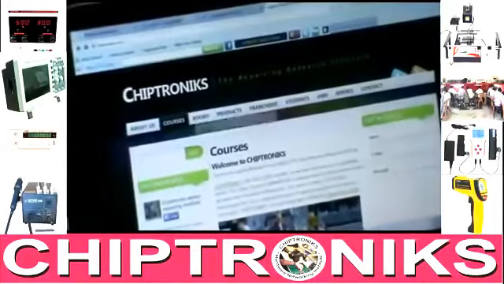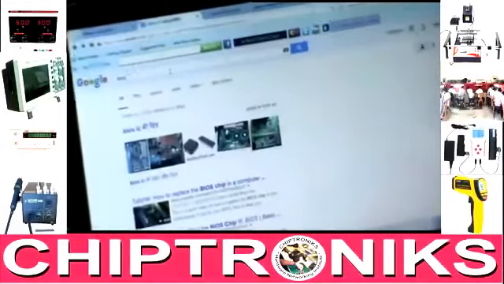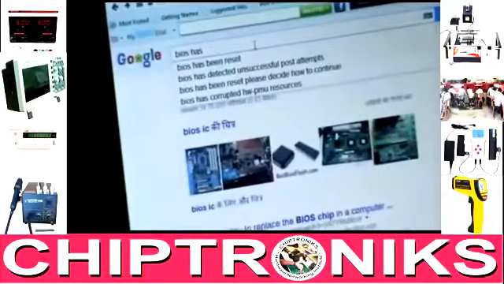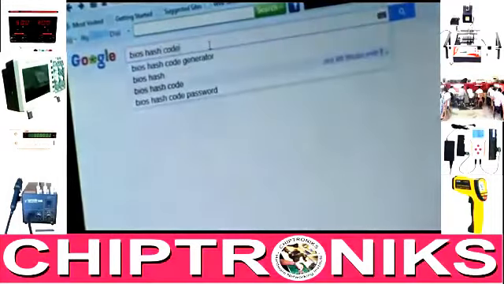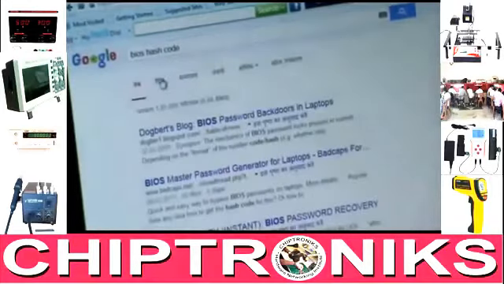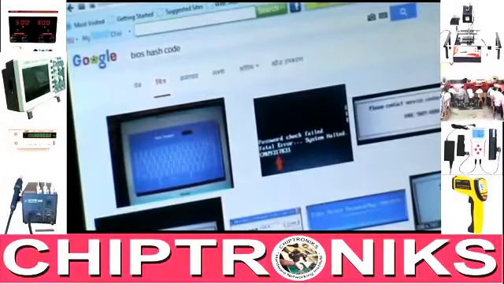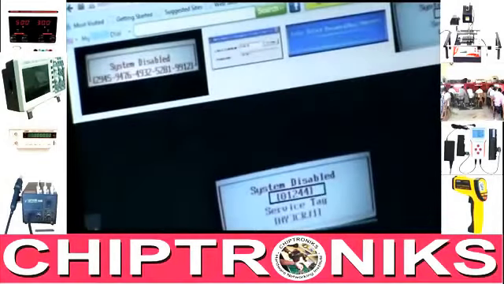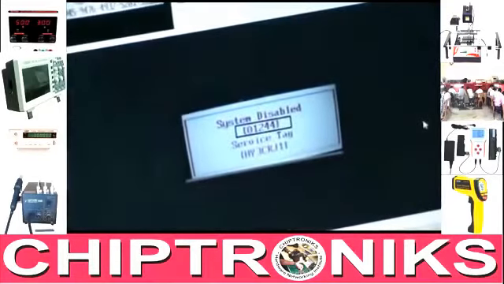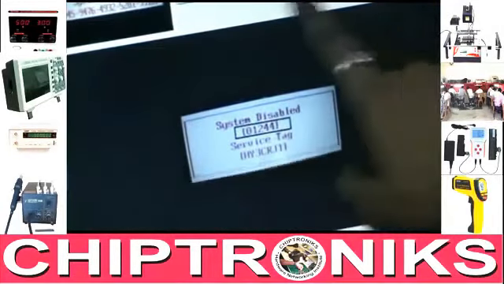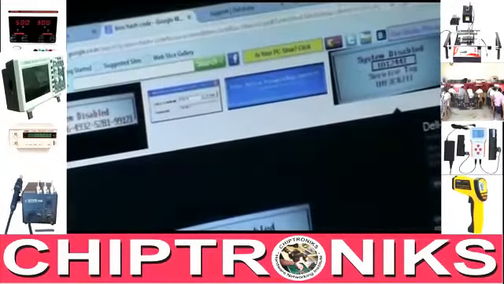Which one looks like this? This type of hash code is generated by the BIOS.